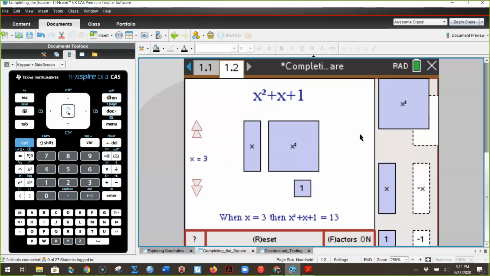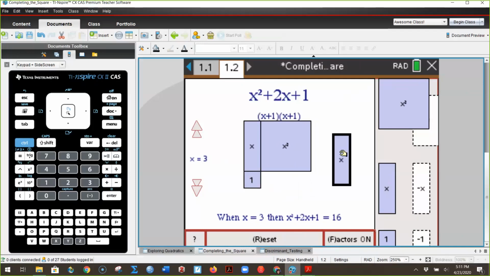And nothing's happening because x squared plus x plus 1 is not factorable under the real number system. So I need to do some more things with this. So I'm thinking that if I wanted to make this into a square, I'm missing another x. So as soon as I drag it onto the mat, it's factoring for me this x squared plus 2x plus